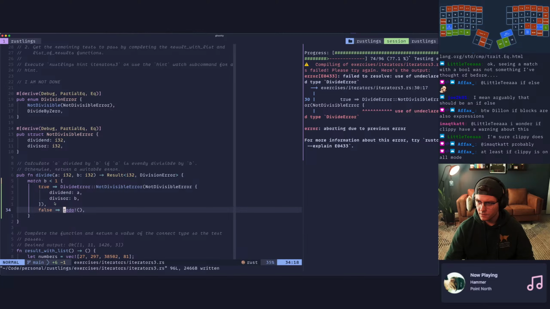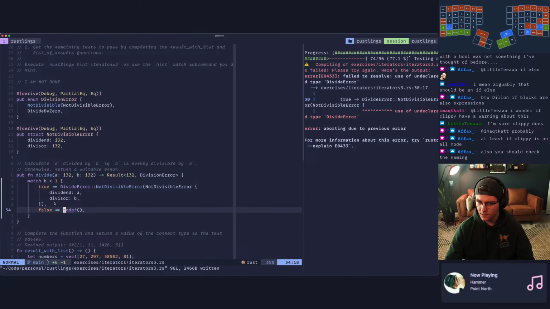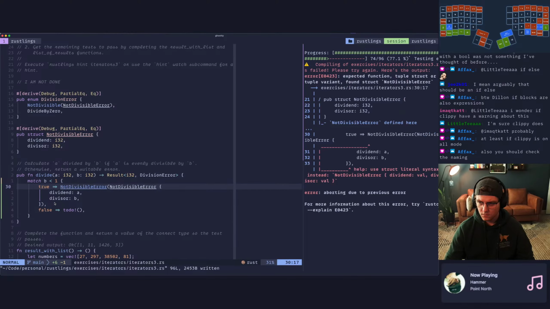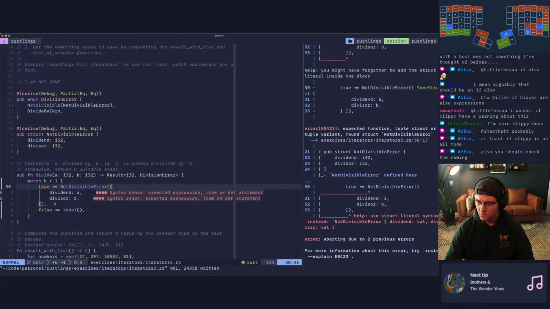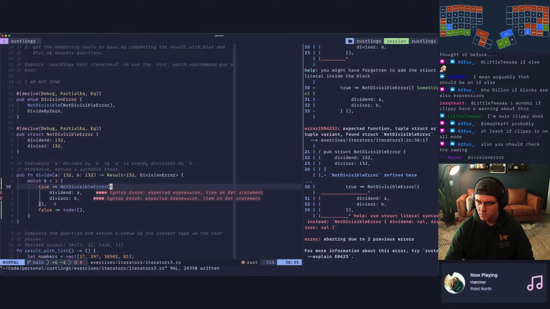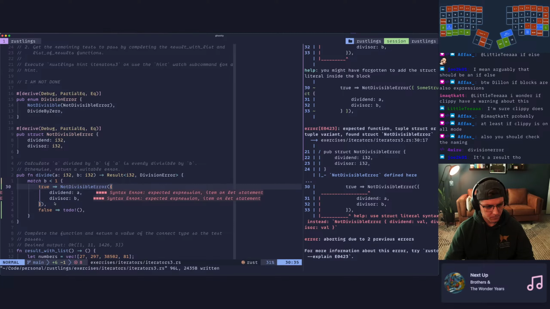Use of undeclared type divide error. Oh, right.